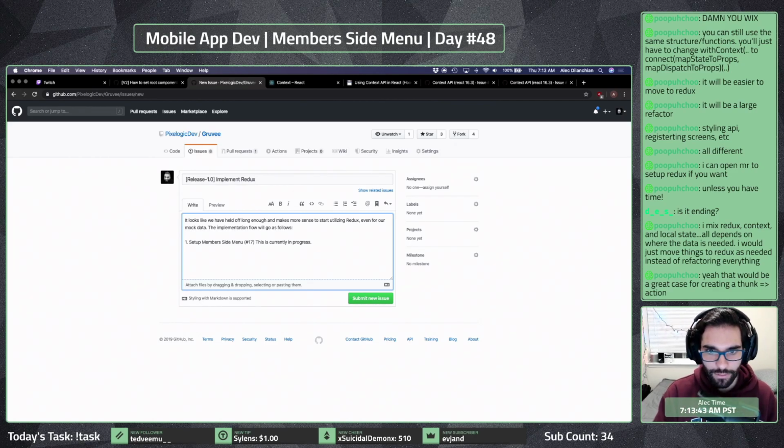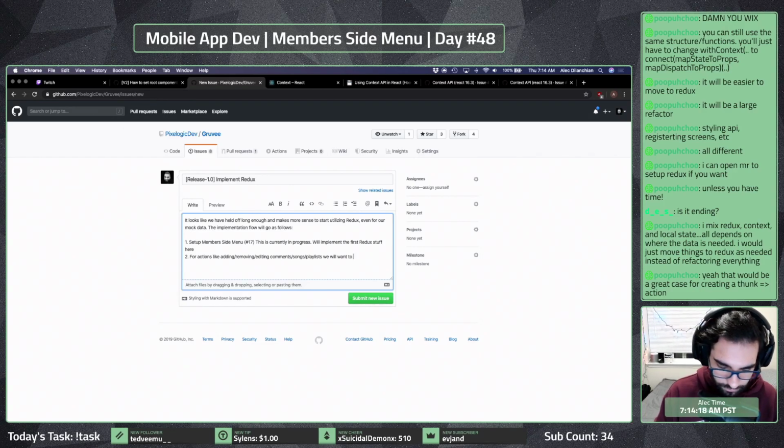Cool. So, set up members side menu. This is currently in progress. We'll implement the first Redux stuff here. Two, for actions like adding, removing, editing comments, songs, playlists, we will want to refactor those to also use Redux.